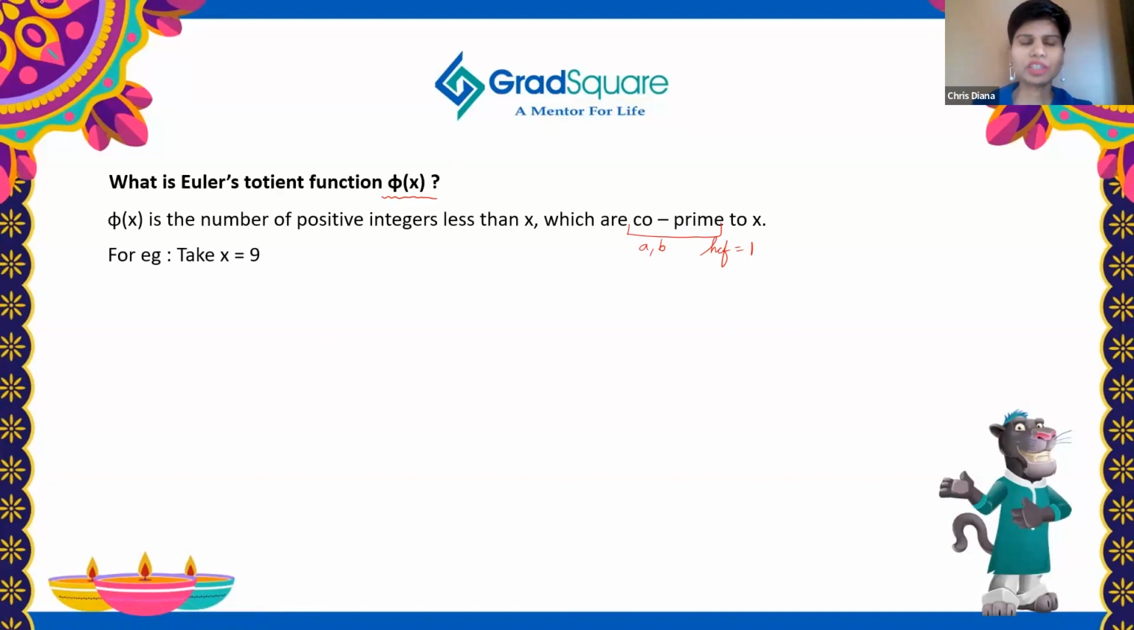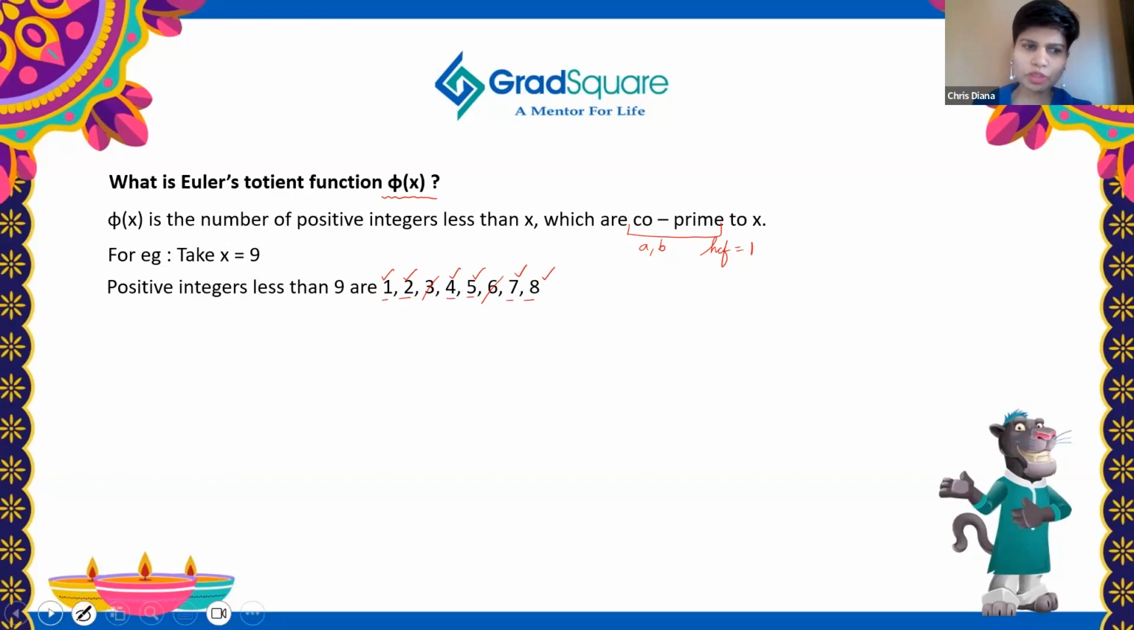So let's take a small number, 9. I know that the positive integers below 9 are 1, 2, 3, 4, 5, 6, 7, and 8. Now let's see how many of them are coprime to 9. 1 is coprime to 9, 2 is coprime to 9, 3 is not because 9 and 3 have 3 in common. 4 is coprime to 9, 5 is coprime to 9, 6 is not because again 9 and 6 have 3 in common. Again 7 is coprime to 9 and 8 is coprime to 9. So 1, 2, 3, 4, 5, 6. There are 6 positive integers less than 9 which are coprime to it,